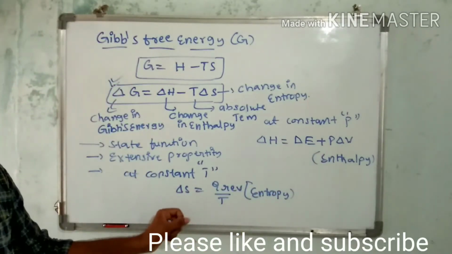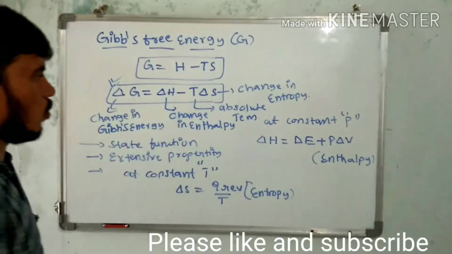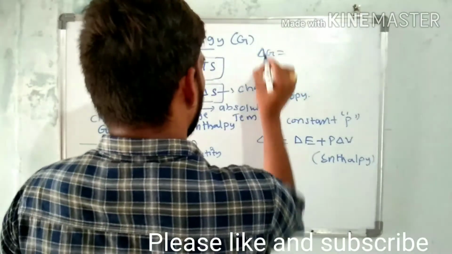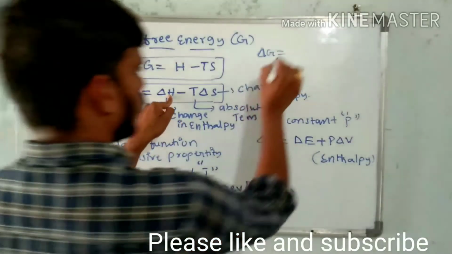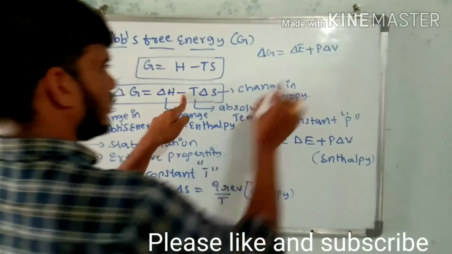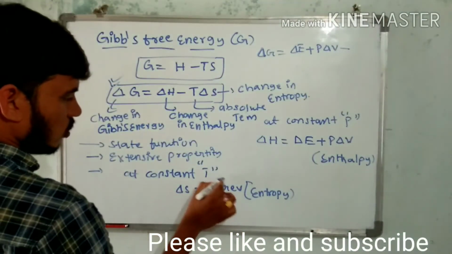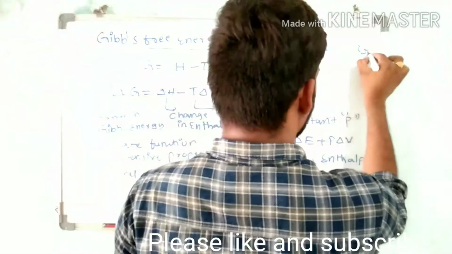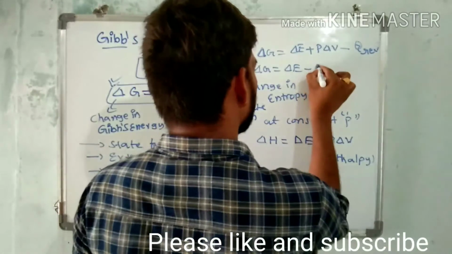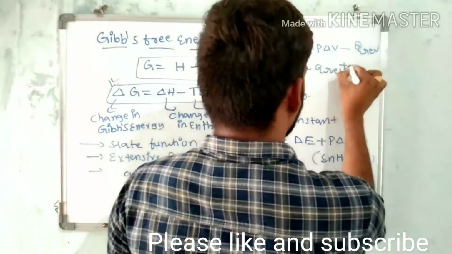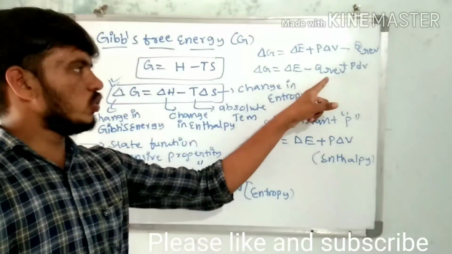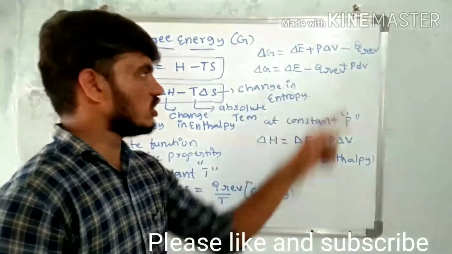Now these two expressions are substituted in this equation. Now what happened there? Delta G is equal to change in enthalpy, which is delta E plus PdV, minus T delta S. T delta S is also called Q reversible. Now delta G is equal to delta E minus Q reversible plus PdV. According to the first law of thermodynamics,